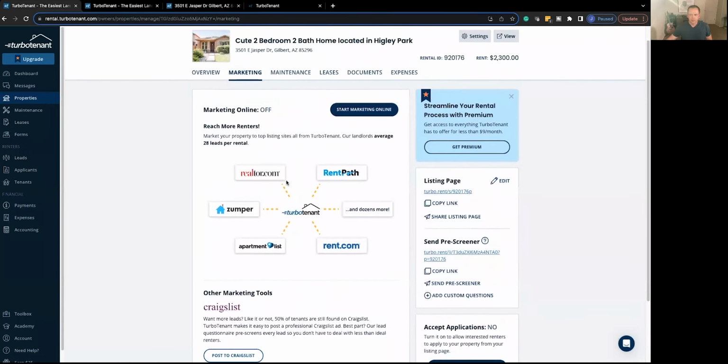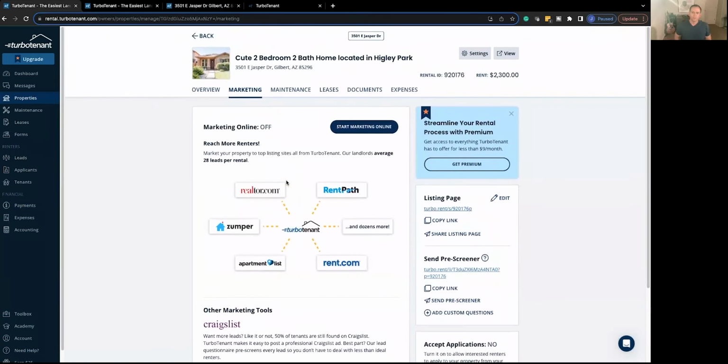Okay, so let's see, some of the other marketing features. Here's one. You've got an online rental application. Now, the online rental application for the free version, the way that I understand it, is just a standard rental application, all your standard questions. It's more than enough for 99.9% of most landlords. In the premium, there is the option to add customized questions and things along those lines, which may be attractive to you, especially if you want to work in screening criteria. But if you don't want to pay for the premium and you just want to use a standard application,